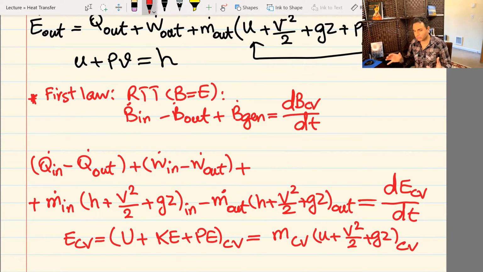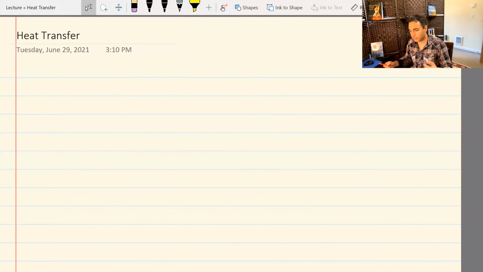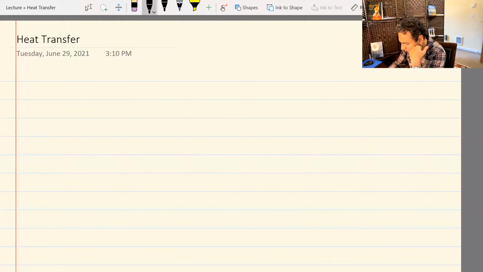Now this is pretty crowded. I'm going to make it simpler than what it is, so we can actually memorize it and use it in equations. So I'm going to rewrite the first law of thermodynamics like this because it's easier, because we can memorize it this way. I'm going to say the first law is this. Something I call Q dot net